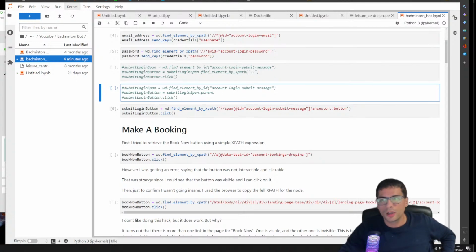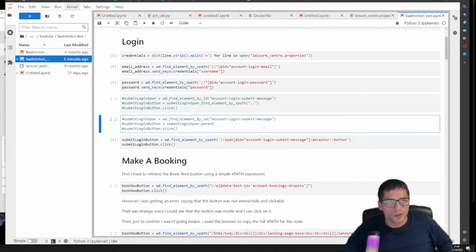Today I'm actually going to continue working on a project, which is a Python bot for booking badminton courts. It's actually a simple thing, but it actually shows you how to create a